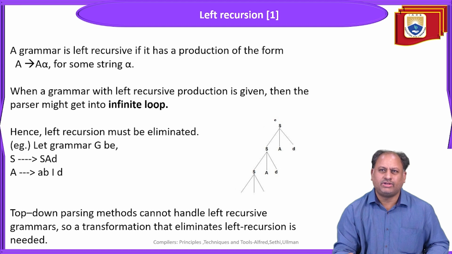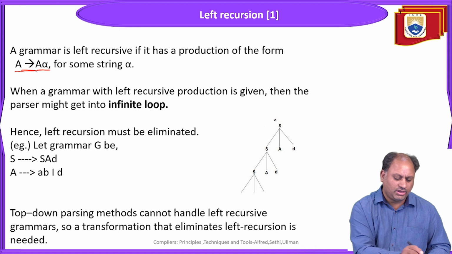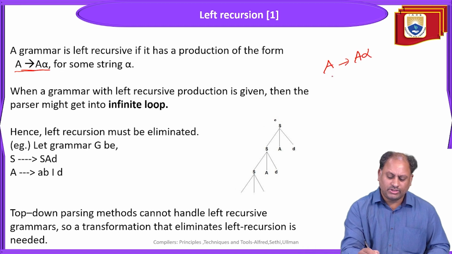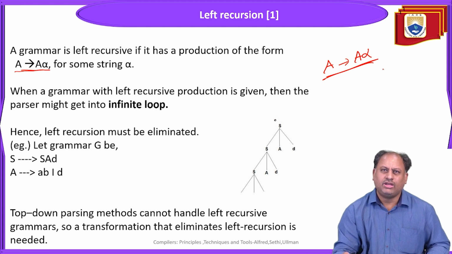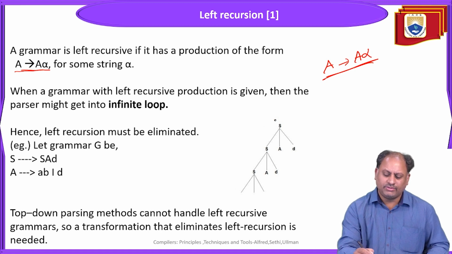So this is the concept of left recursion: what is meant by a left recursion, and how can I identify whether a given grammar contains left recursion or not. There is a general syntax notation for this. For example, A derives A alpha is the production, where alpha is some string. Whenever any rule in the given set of rules is of the form A derives A alpha, where A is a non-terminal,